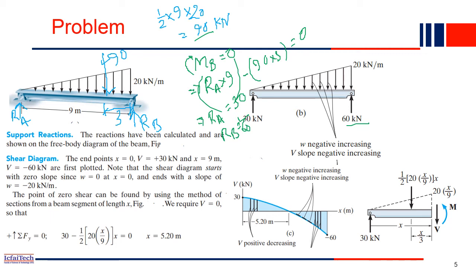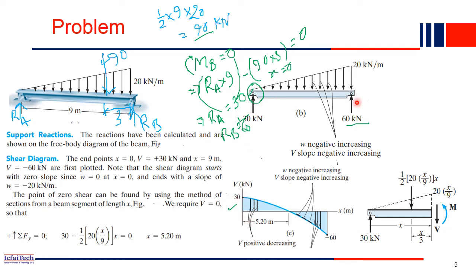Now we have to draw the bending and shear force diagram. How do we draw the shear force diagram? Let's see how we can do that. Here is the 30 kilonewton reaction, whereas here it is 60. Let's see how much the shear force is at this point. When x equals 0, how much is the shear force? The shear force is 30 kilonewton upward, right? So in the shear force diagram, you simply substitute 30. At this point, x equal to 0, the value here is 30.